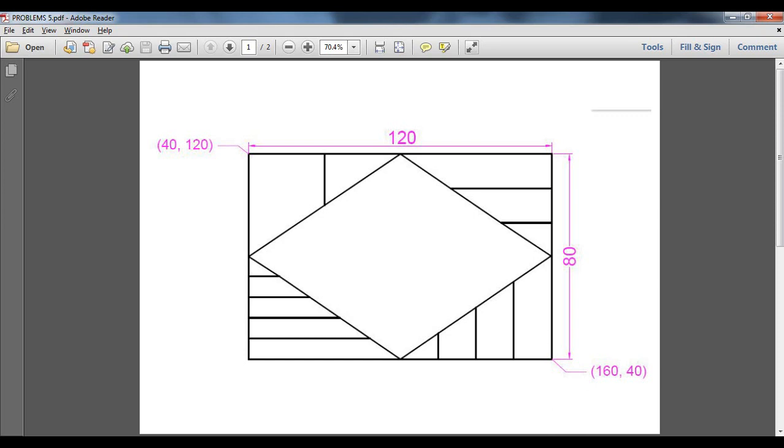So we can do it by different methods as well. So you can just calculate the length of the sides of this rhombus, and then you can use the constraint command, but that method will be quite a lengthy method and will be much time consuming. So basically this problem has been formulated in such a way that you will be compelled to use the point commands. That is why this method is quite easy. Now we will move on to our next problem.